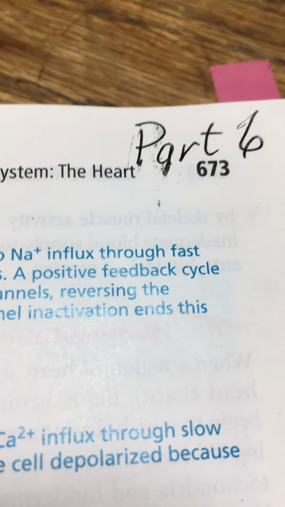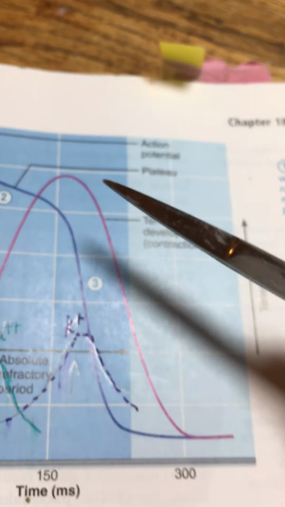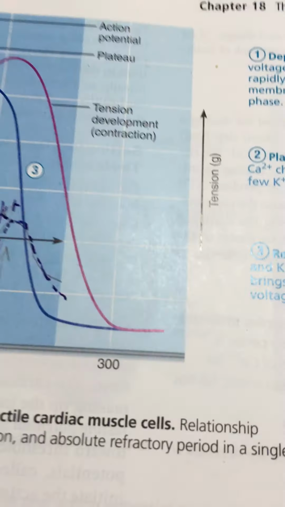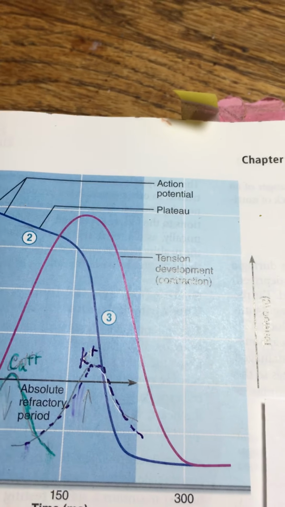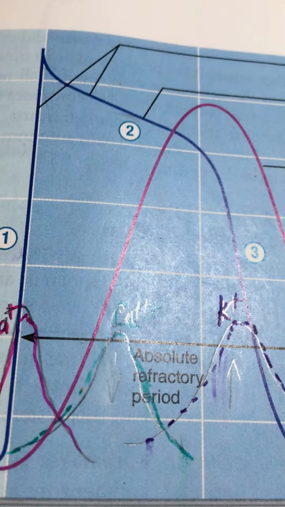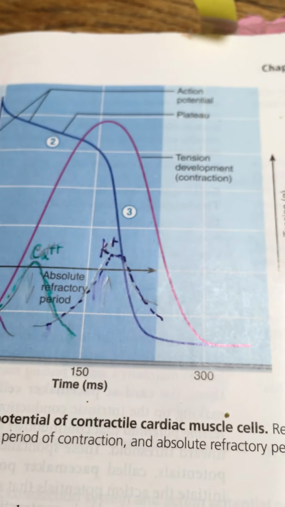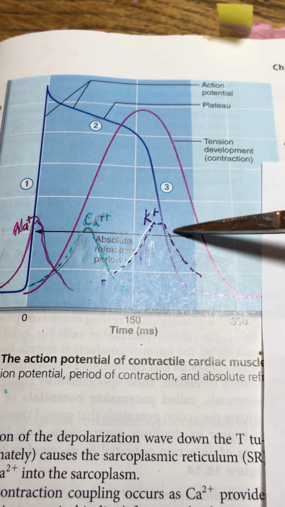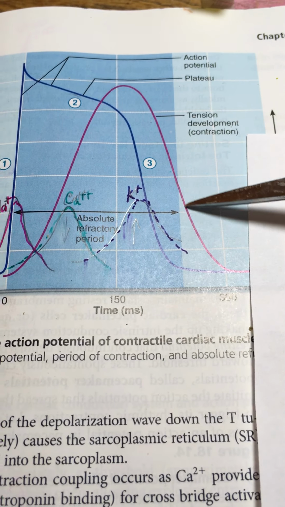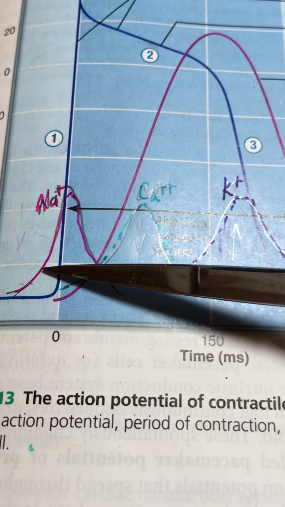Okay, here's the exciting part 6 for the heart, page 673. We're continuing to work on this diagram of action potential as well as the tension created by the musculature. So you might recall, let me get in a position here where I'm not causing glare. We have this action potential, we have this tension diagram, and then I've added to this in my own different